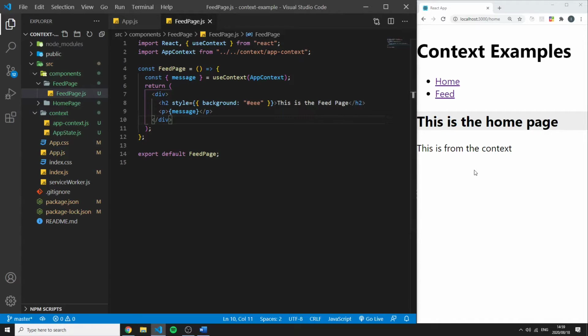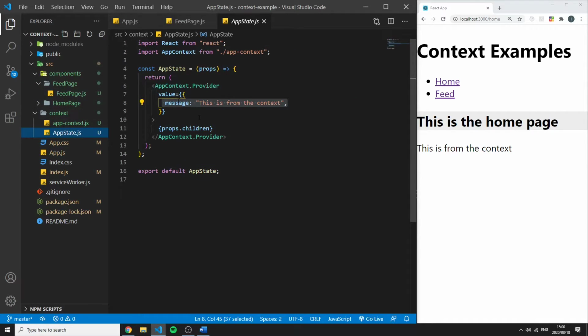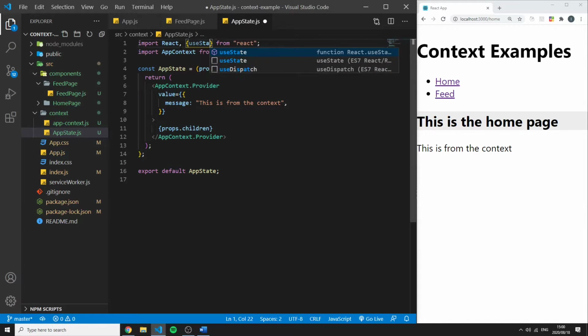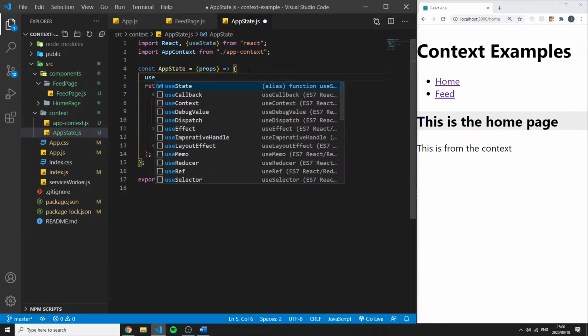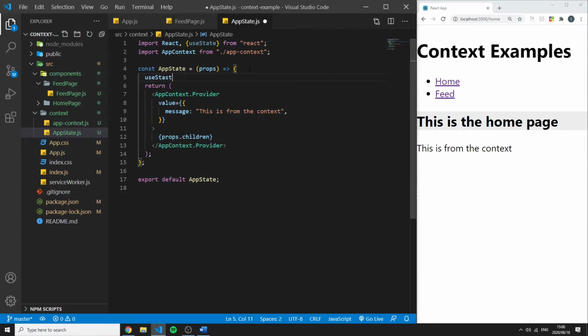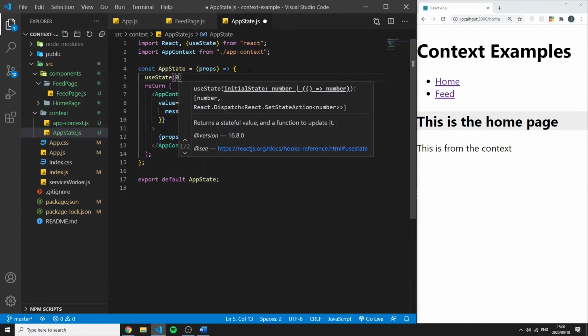So let's quickly dive into another bit more if we want to render something conditionally. So inside of my context, I'm going to create state. So I'm going to import the useState hook inside of, because this is just a normal component and we can use anything in here. Later we'll use the useReducer and this will enable us to create this state management system. So I'm going to set this